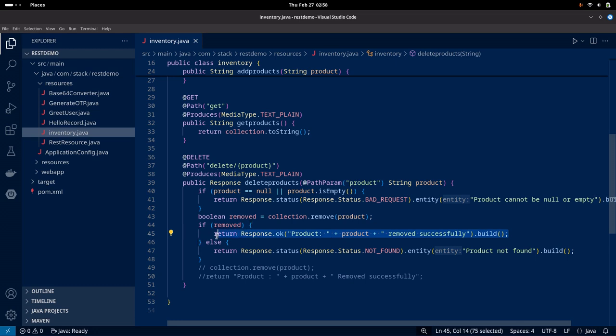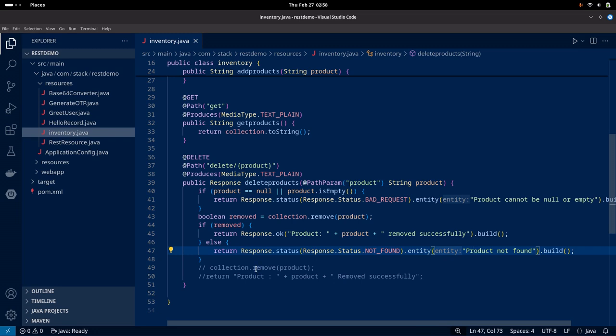So this is the response that is going to be returned to this request. If the product is not removed, let's say we have passed a product which is not available, the response is going to be not found entity. Okay,